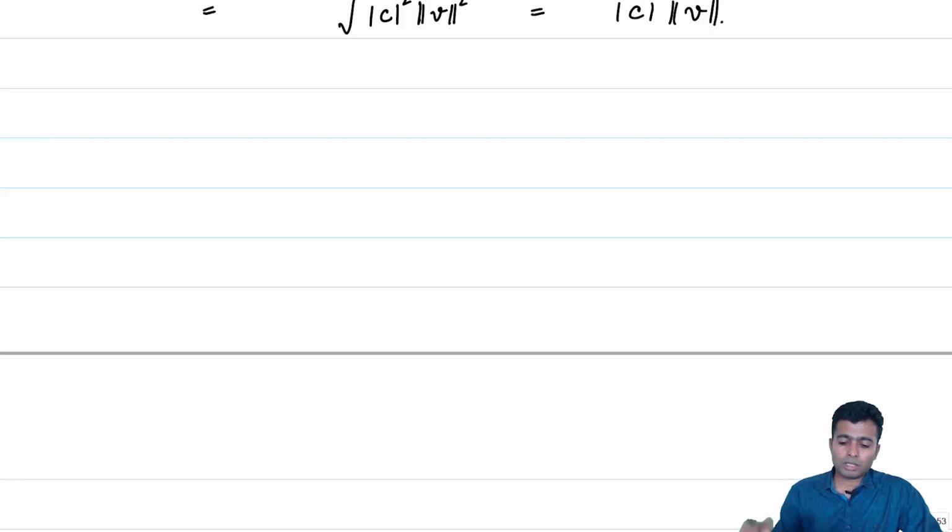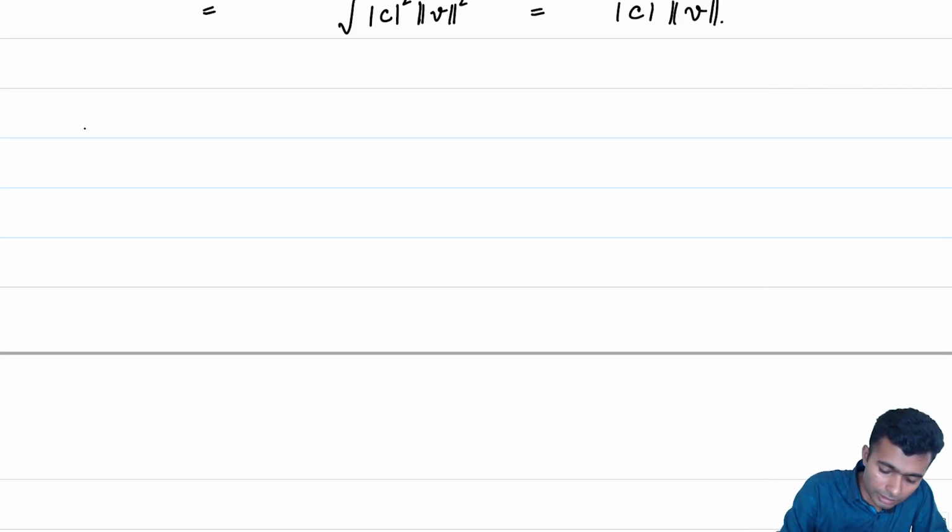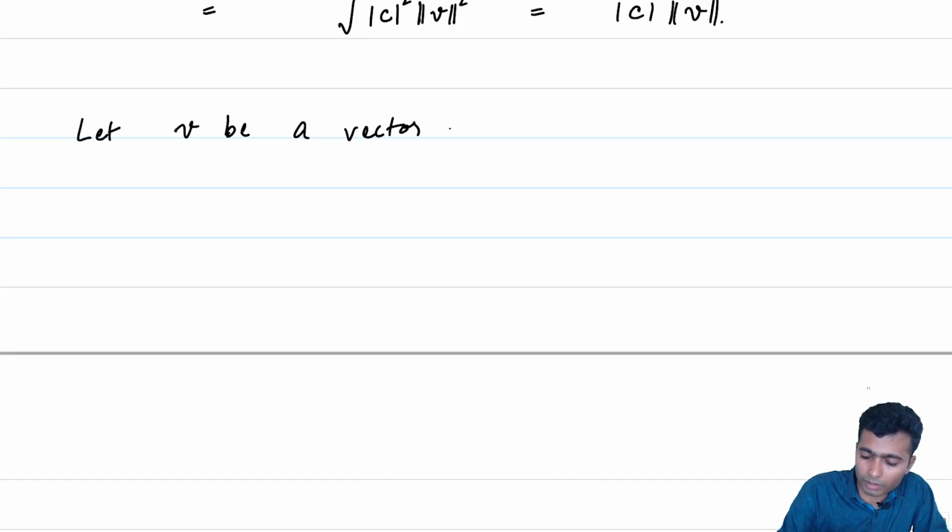Alright, so we have now discussed how we can obtain the length of a vector from an inner product. In some cases, we could get hold of the inner product from the length of the vector. So let's see when that can be done. So consider the case. Let V be a vector in an inner product space